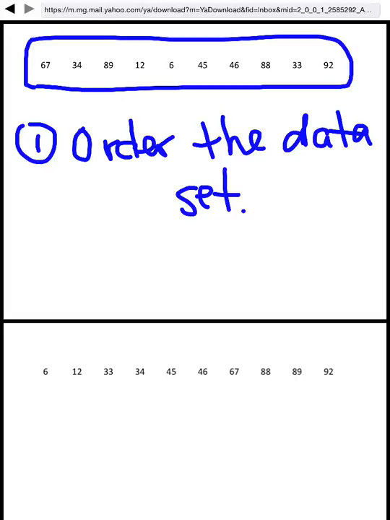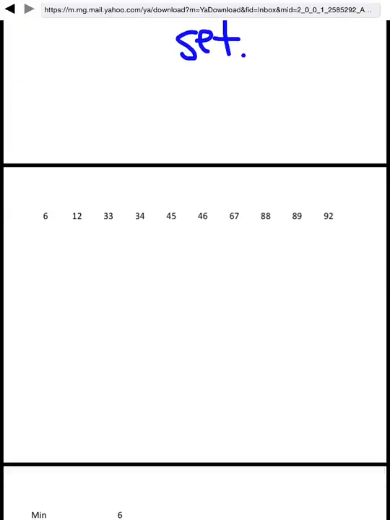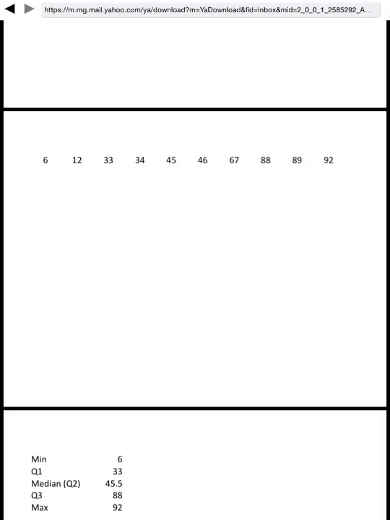Okay. After we have ordered the data set, which I've done for us here, we are then going to find the 5-number summary. The 5-number summary is made up of the minimum value, which is the smallest value of the data set, the maximum value, which is the largest value in the data set,